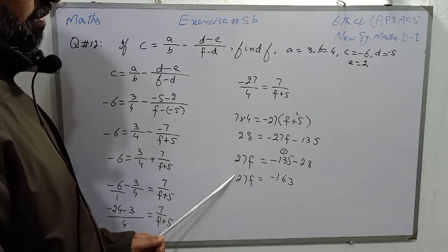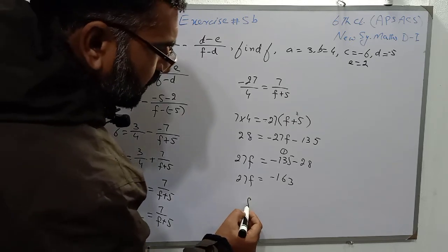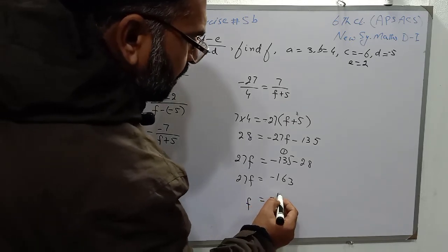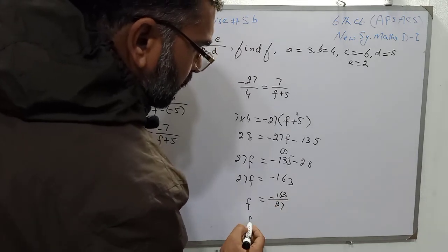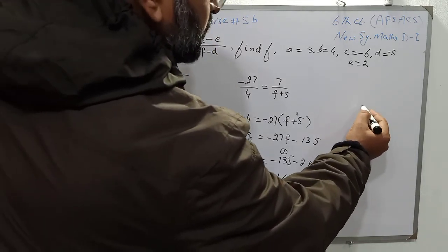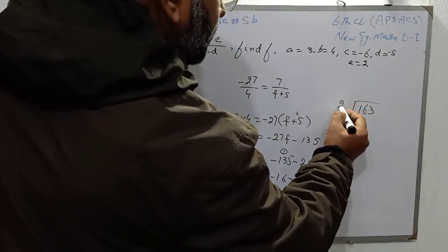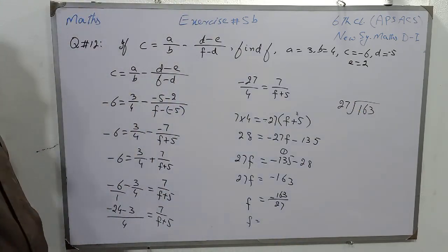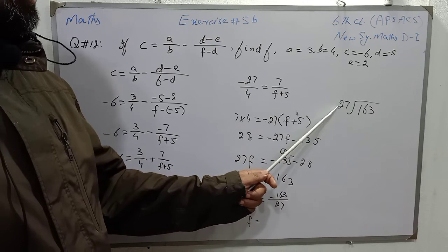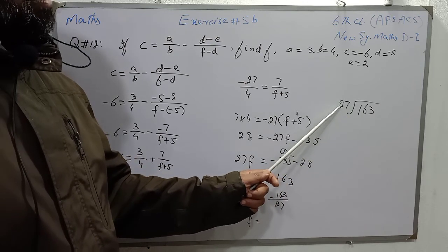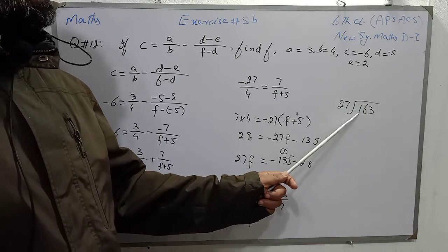163, and 27 is multiplying with f. When we transfer it to the other side it will divide and the value of f will become minus 163 over 27. So f will be, students, now divide 163 by 27. Take the table of 2, not more than 16. So 2 8s are 16, but when we multiply 27 with 8 it will increase because 2 8s are 16,